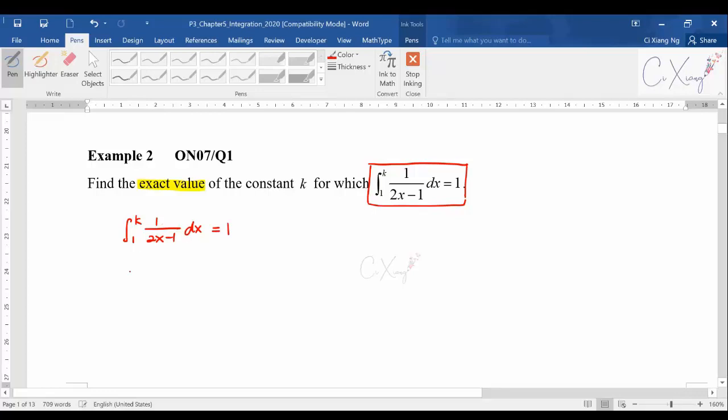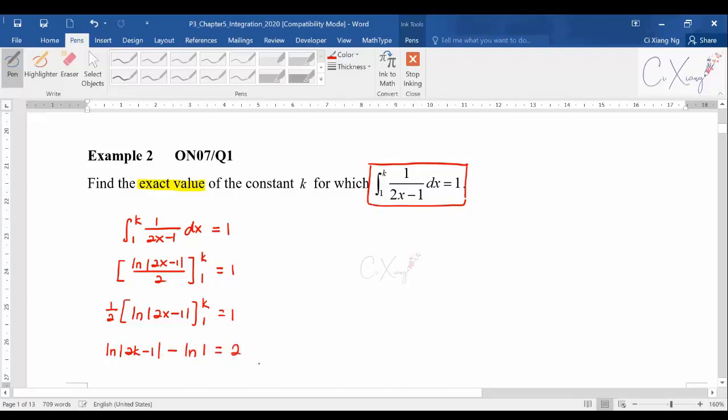Okay, so if you look at this integration, generally what you have is ln(2x minus 1) divided by 2, and you let it equal to 1. Before I substitute the value of k and 1 inside my equation, I usually prefer to take out the constant so that my steps don't look so complicated with the fraction inside. So I have [ln(2x minus 1)] from 1 to k equals to 1. Alright, so I'm having ln(2k minus 1),